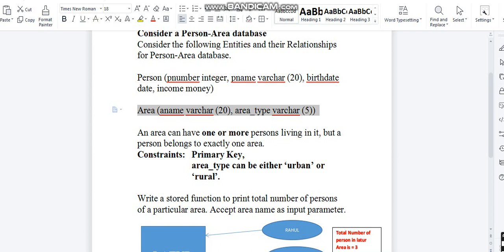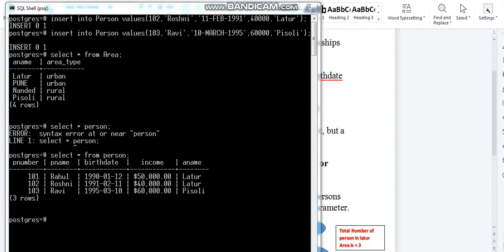Here I have already created the area and person tables, so I am just going to select and show them to you. Select star from area and select star from person.